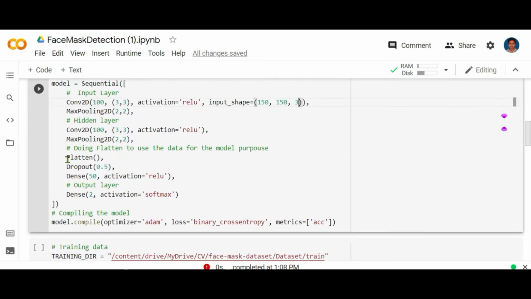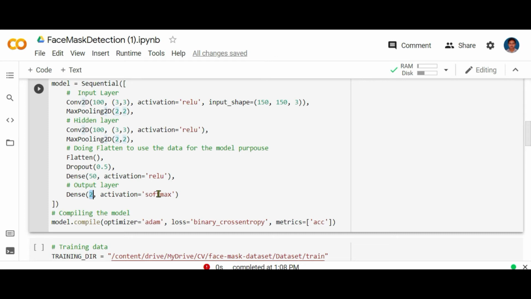And now doing the flatten method, which actually converts the matrix into a data form in which the data can be fed to each neuron for performing the operation. Next, I have used the dropout as 0.5 and the dense layer of 50 neurons, and the activation is relu as well. And finally, the output layer where the neurons are 2, which is basically with mask and without mask.